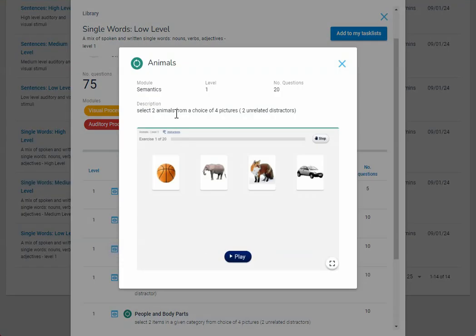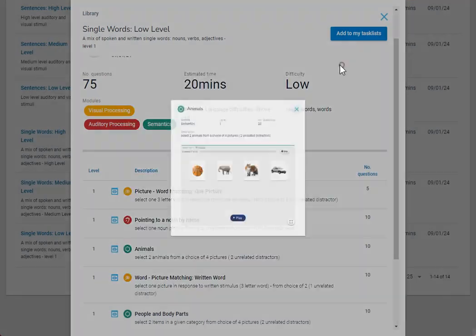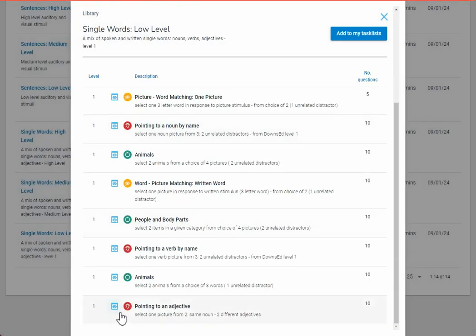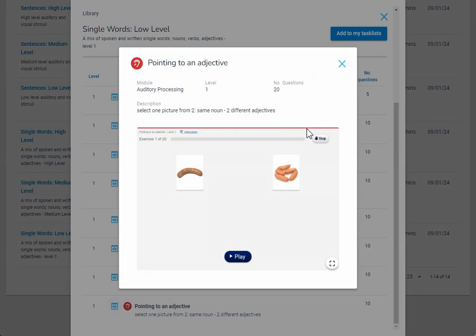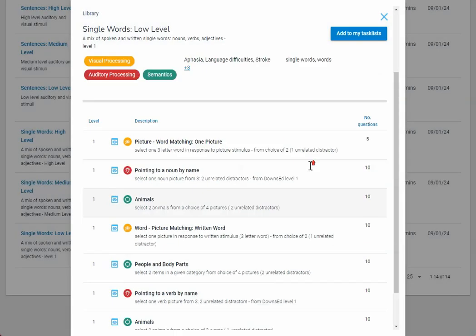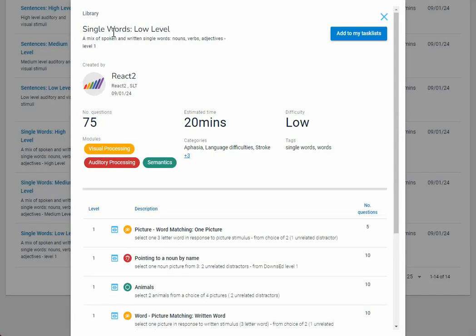So there's some semantics, animals ones there, and also I could go down and look at that would finish with pointing to an adjective, selecting one picture from two. So a good range there within a low level of a single word level of a mixture of visual, auditory, and semantics. So if I wanted to, I can add that into my task list by just clicking this button